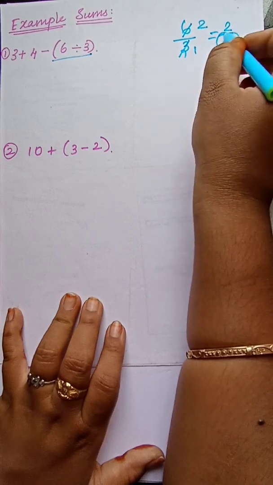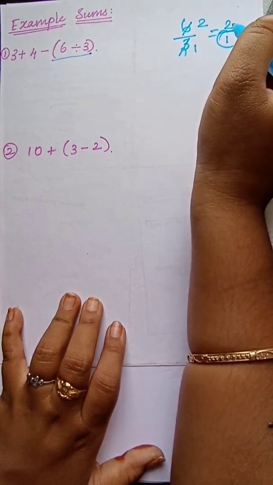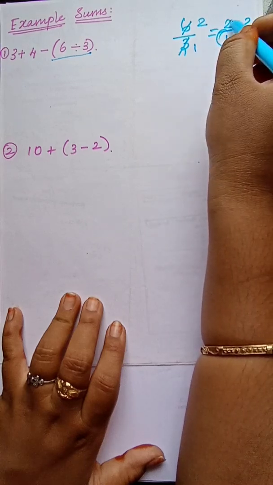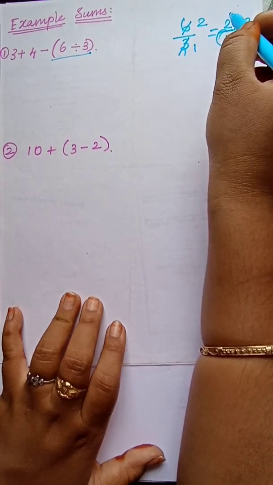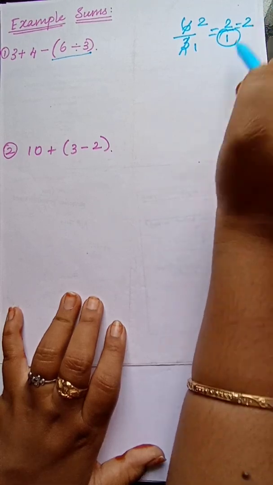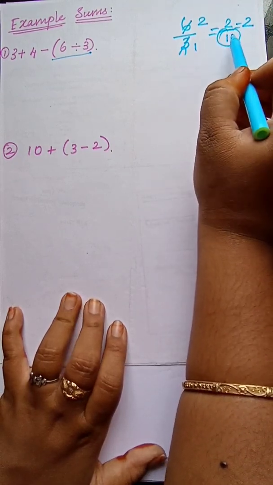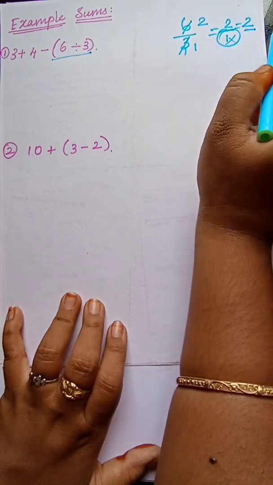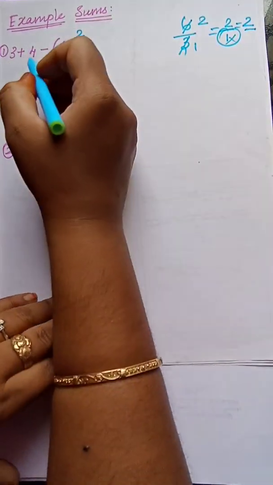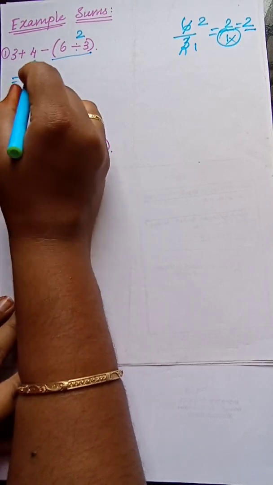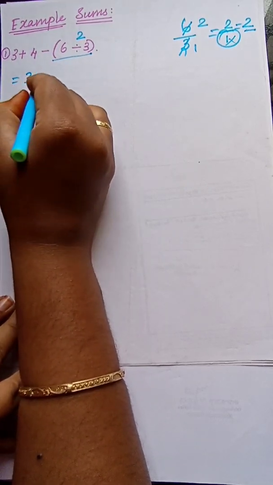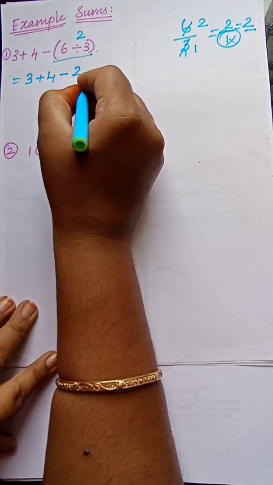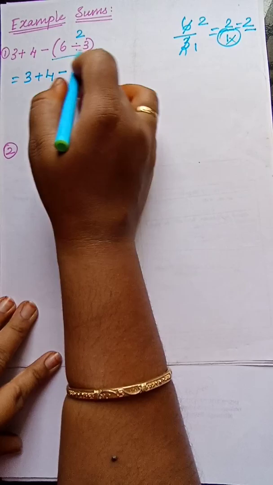So if the denominator is 1, we can just leave it and write the number above itself. Above, they have given the numerator, that is 2. So you have to write 2 alone. If the denominator contains 1, you can leave it. Just write the numerator number alone, that is 2. So here it should be 2, you have to take that number as it is and write it down. So 3 plus 4 minus, 6 divided by 3, 2. Clear? Then the bracket has been completed.